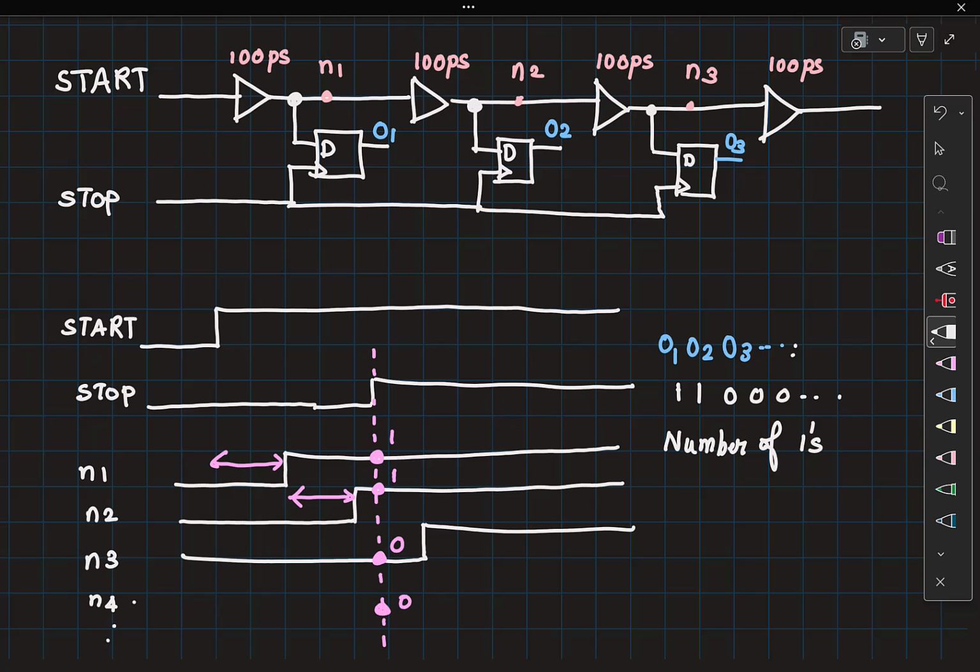So for example, I look at the number of ones in the sequence, right? That is 2. So now I can store this information in binary format into a register. That becomes my TDC output, right?